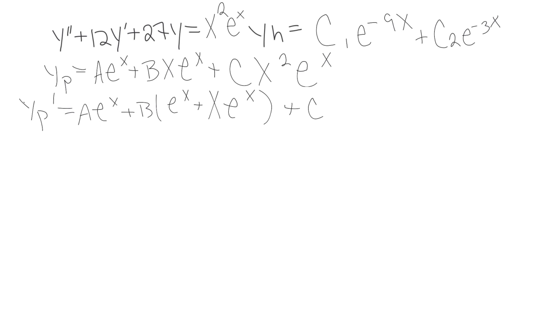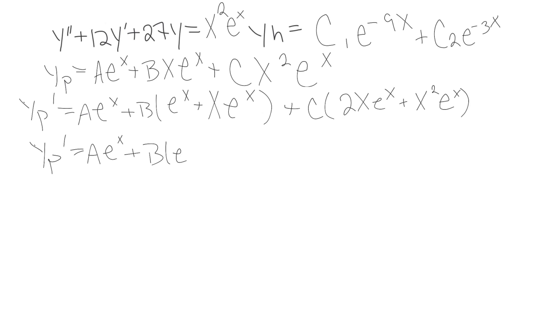plus c, and now I've got to get the derivative of x squared times e to the x. The derivative of x squared e to the x is 2x e to the x plus x squared e to the x. So x squared e to the power x. At this point, from all my independent factors, I'm going to factor out the exponential function e to the power x. So y sub p prime equals a times e to the power x plus b times e to the power x, 1 plus x